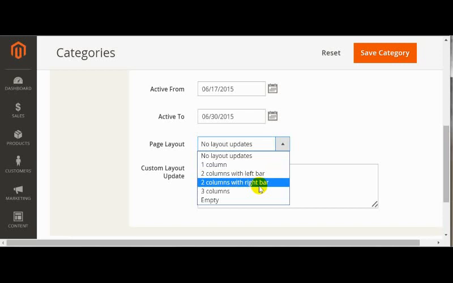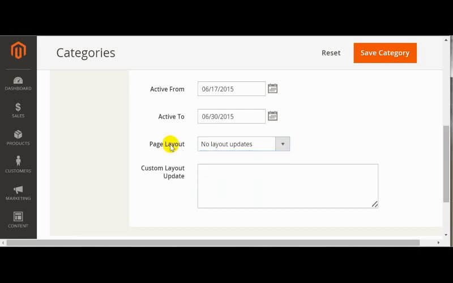Then the last one is 3 columns. Left and right columns will be set at the same small widths for displaying content blocks, and the middle section is for the main content. So if you didn't select one of the page layouts,